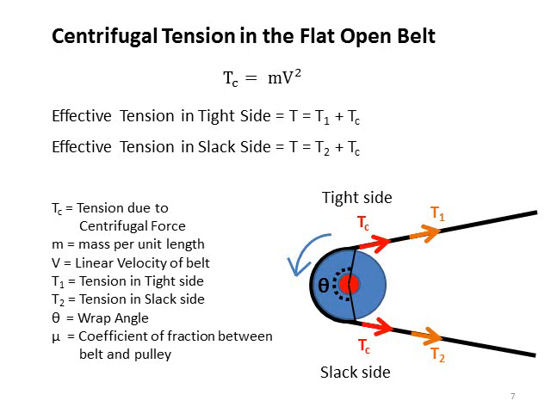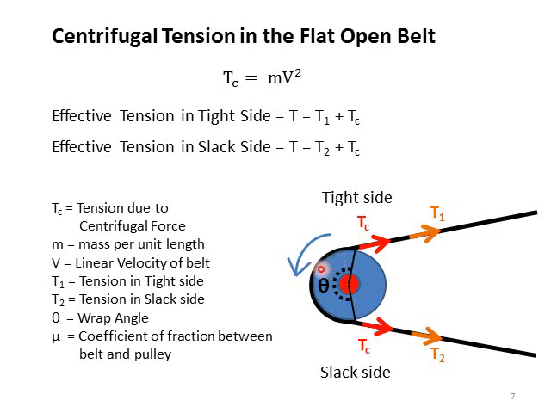The opposite of centrifugal force is the centripetal force, which acts inward. In the case of centrifugal force, there will be tension, and this tension is represented by Tc. So Tc is different from T1 and T2. T1 is the tension at the tight side, T2 is the tension at the slack side,